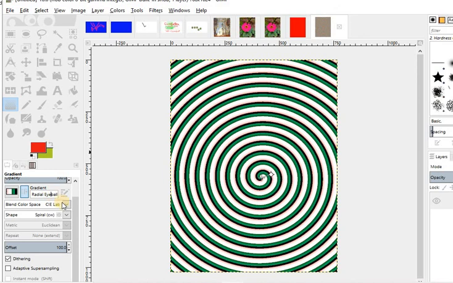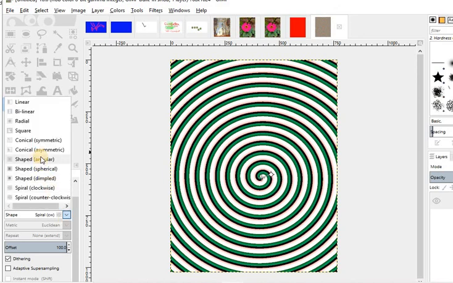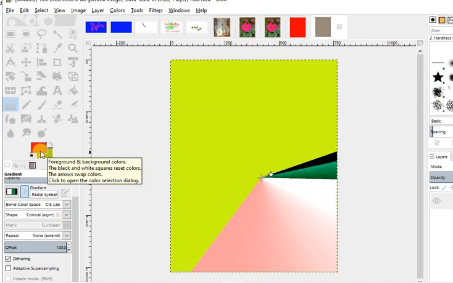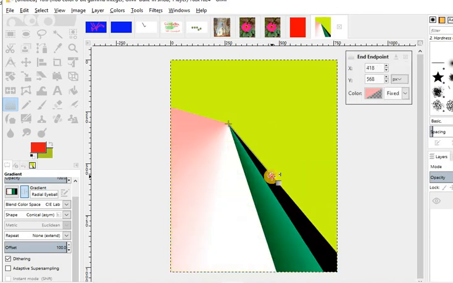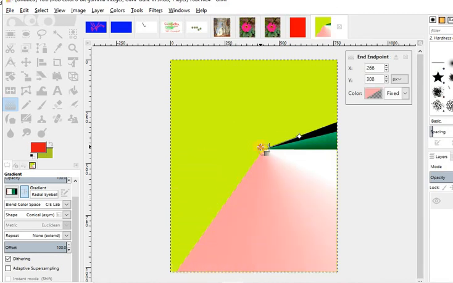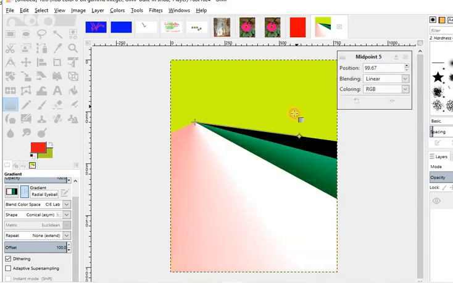Okay, we can make it conical. See the different styles we can apply. So this is just your gradient tool, and with this topic this chapter is complete.